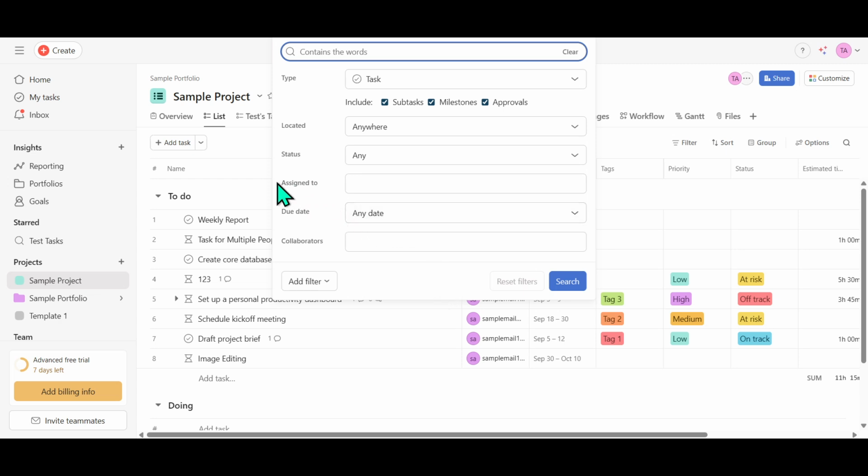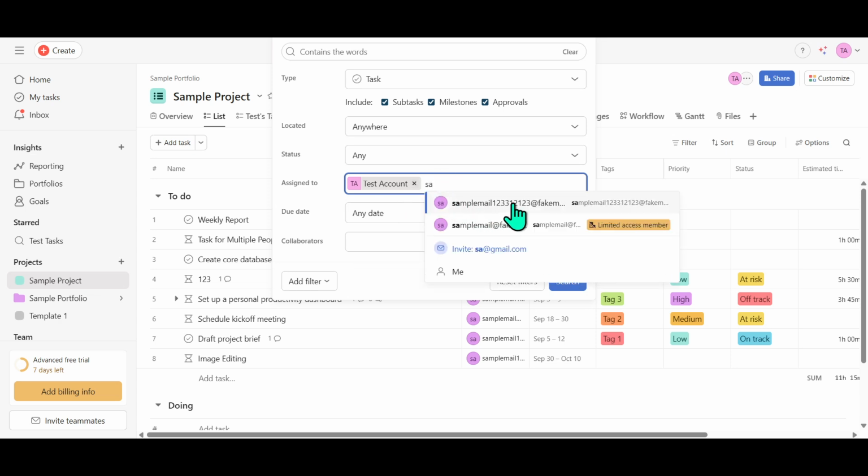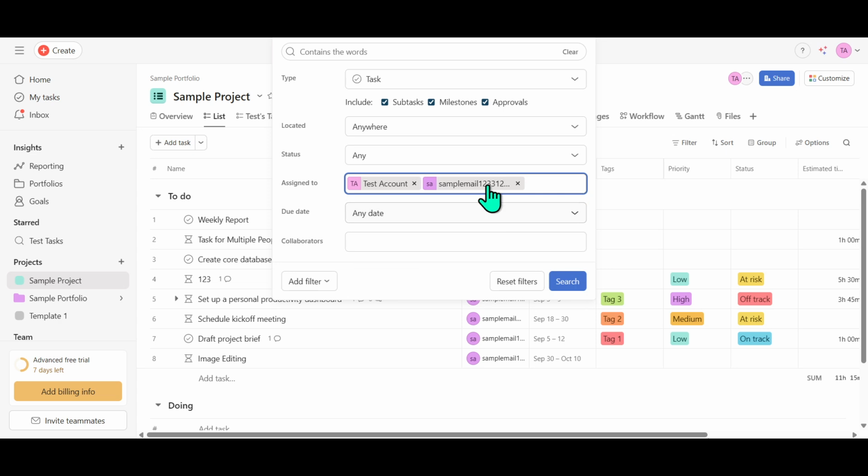Now, in the section labeled Assigned To, go ahead and enter the names of the team members whose tasks you wish to view. You can type in the names of multiple members if you're interested in overseeing tasks for more than one person at a time. This capability is particularly useful if you're managing a team or collaborating with several people and need an overview of